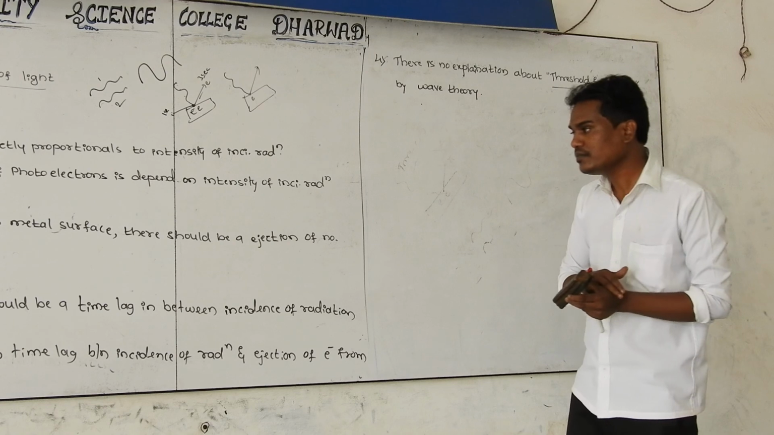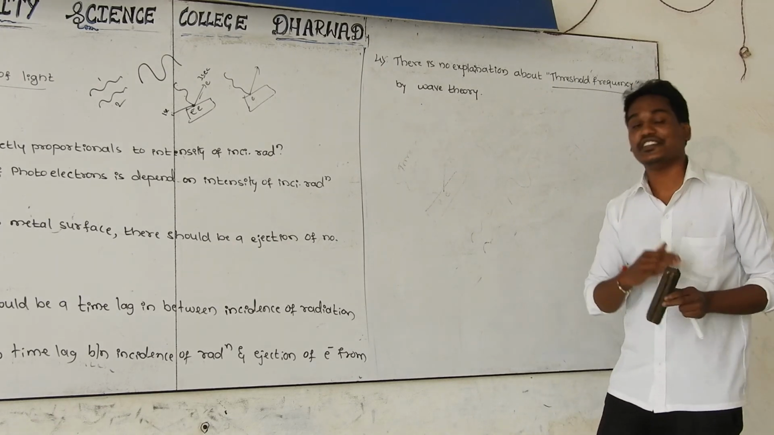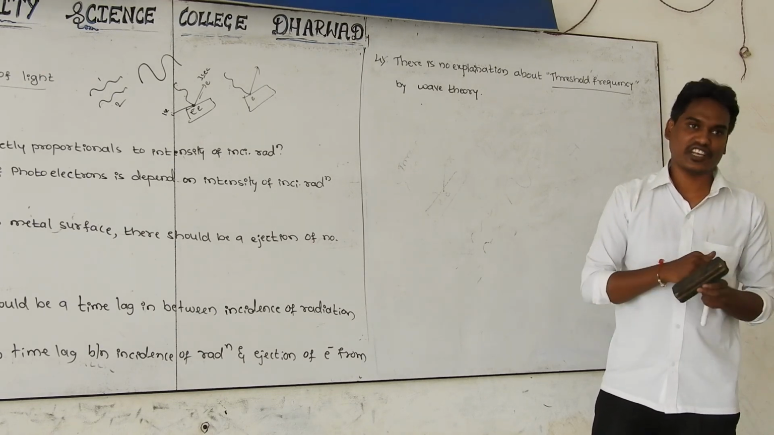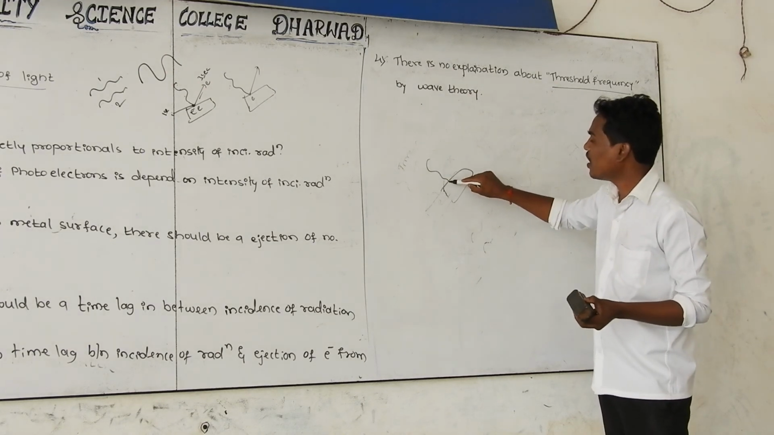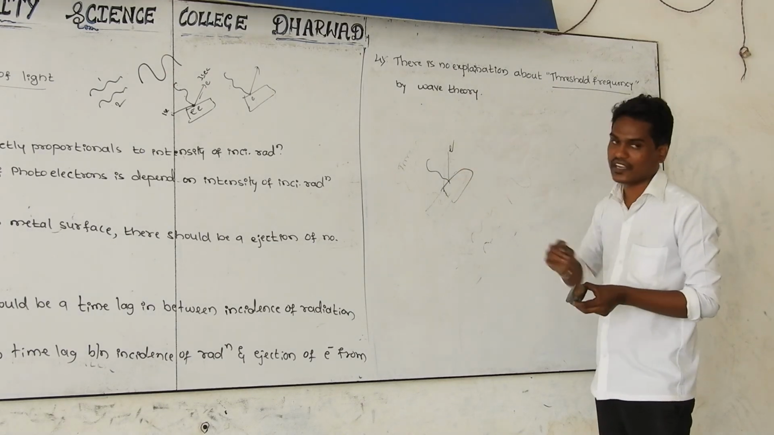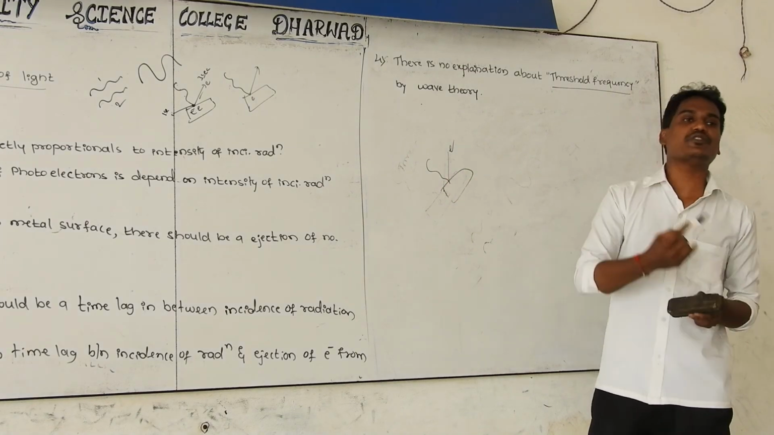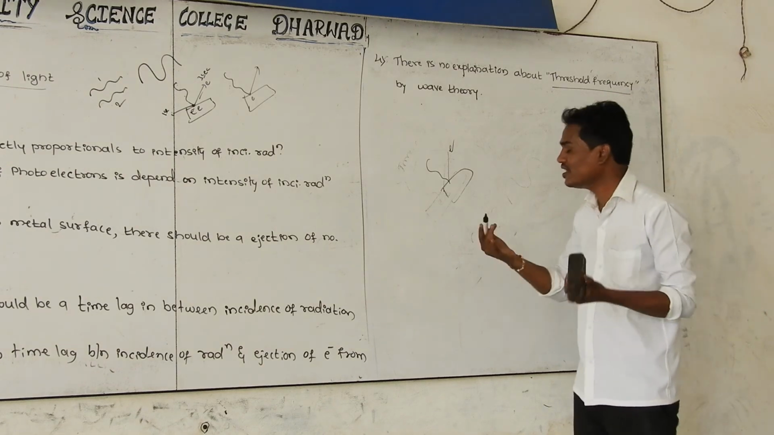And what is the third one? According to wave theory of light, there should be a time lag. For example, this is the incidence, and after some time the electron is emitted. There is a time lag between incidence and ejection. This is according to wave theory. But according to particle theory, there is no